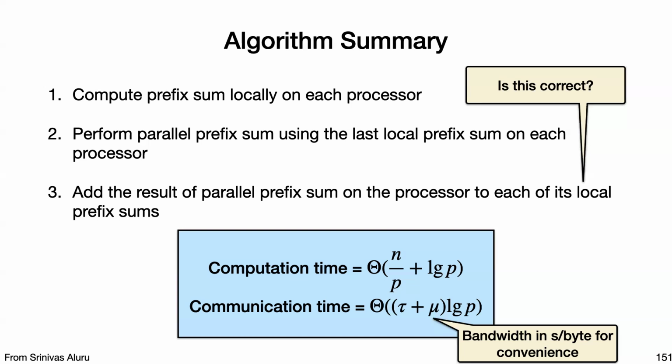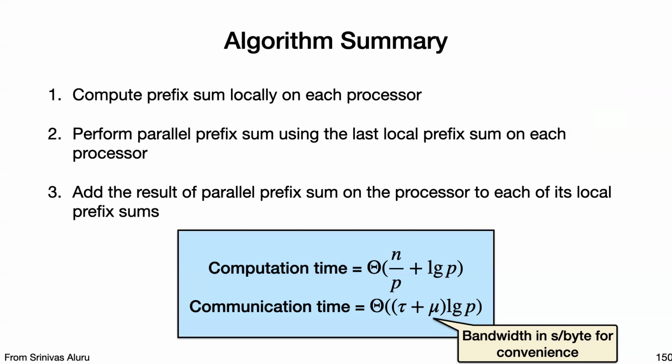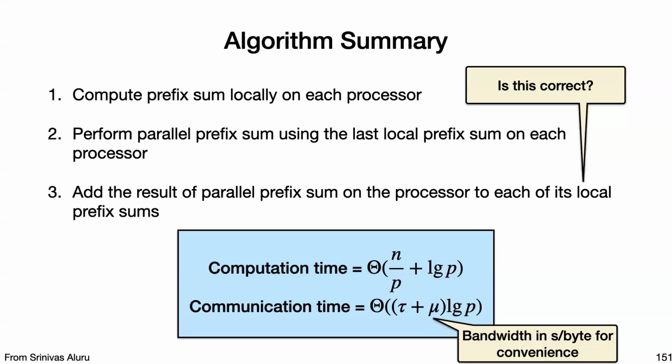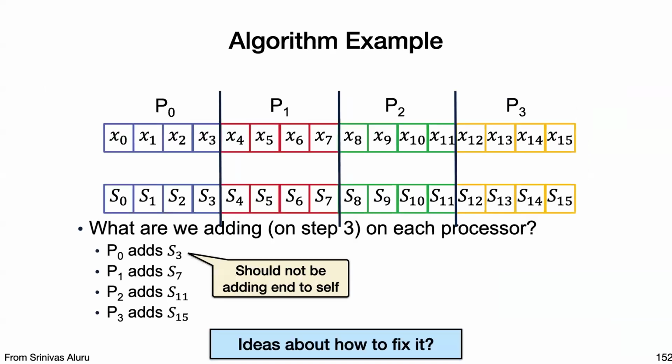It's not totally right to do this. It does work in just this pair, to push in S sub 3. S sub 3 needs to go into all of these. But not totally right, for example, it should be moving to the right rather than itself. You don't need to add S sub 3 here, you need to add S sub 3 here. And you don't need to add S sub 7 here, you need to add S sub 7 here. And so to fix that,